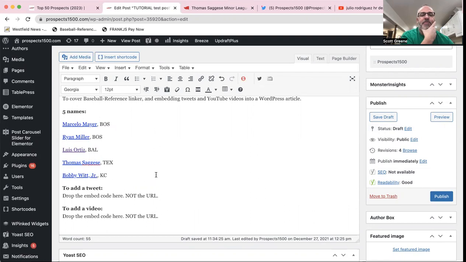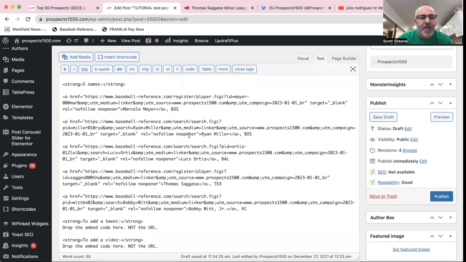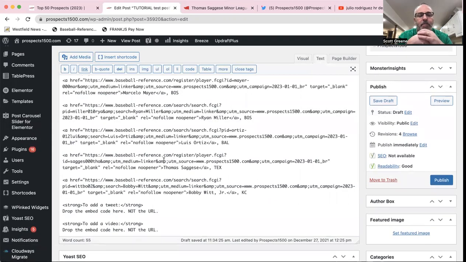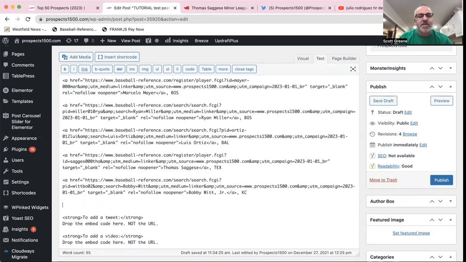So those are 5 different examples of how to work with and get around some errors in the links. And that is something that we want to make sure we're doing correctly when we create our articles for Prospects 1500. I wanted to show one other thing, which happens when, let's just say that I wanted to add another